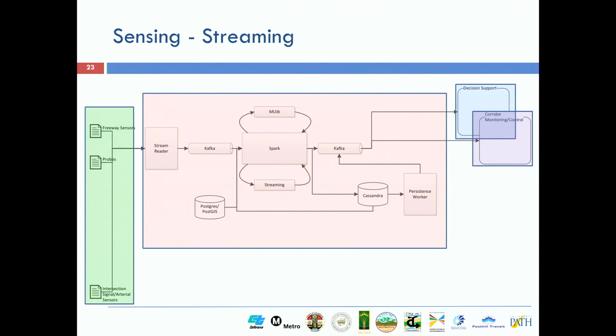Okay, so you can see freeway sensing, the GPS data, arterial sensing. That's the type of information that will go in here. We'll essentially write a stream reader for each one of the data sources that we get. And then each one of those stream readers, our only job is to stick that onto a real-time queue system. We're using Kafka. So it'll put it on the Kafka topic, and then we're going to put Spark at the